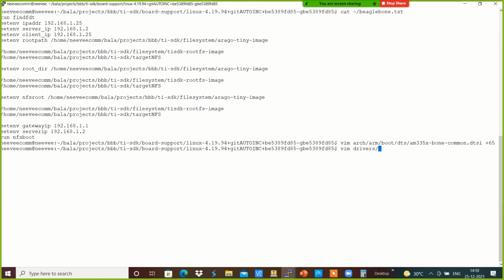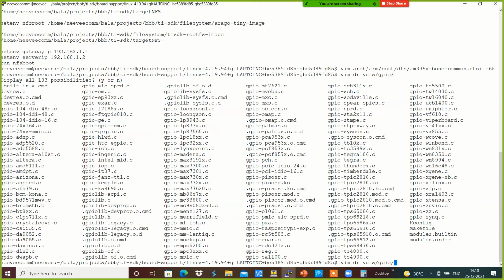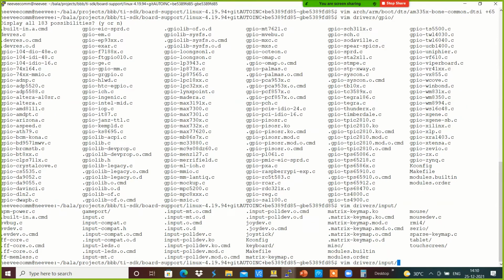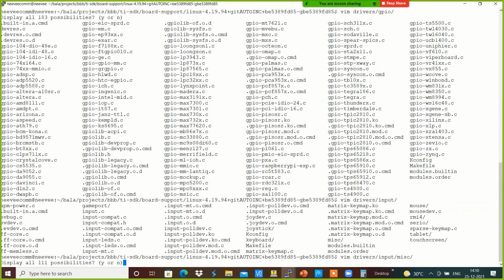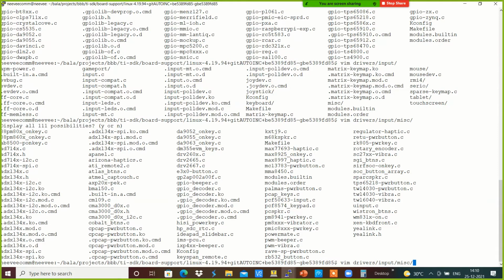It's something like drivers, GPIO, and we have the GPIO hyphen keys, drivers input, and then miscellaneous, yes, over here.